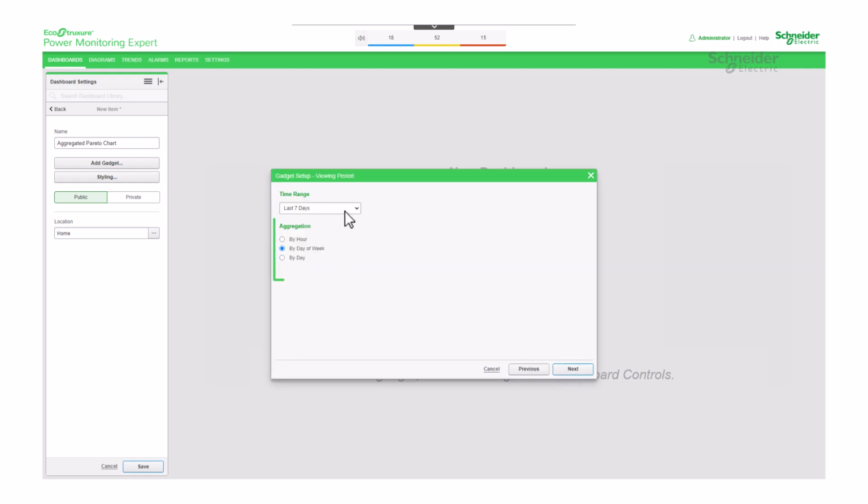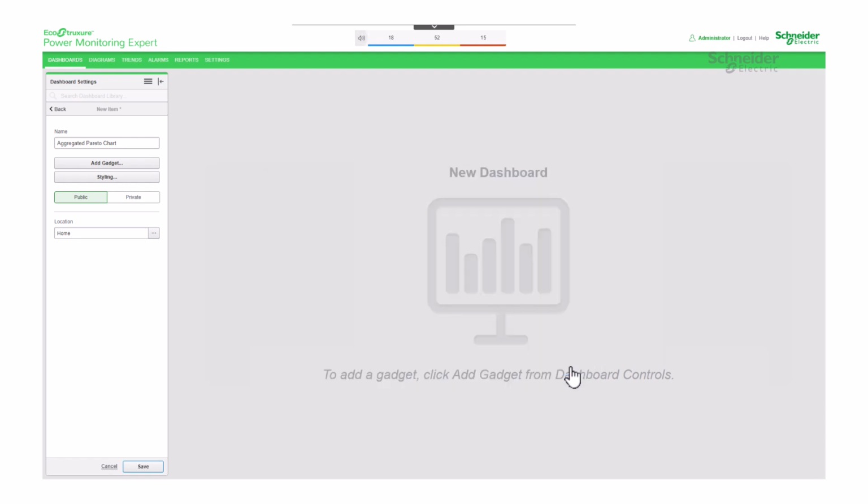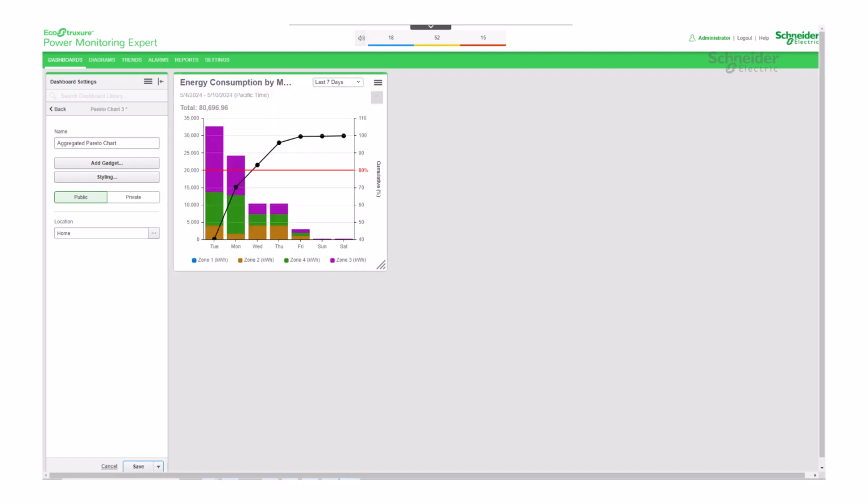At this stage, you will encounter an additional parameter to configure, which is the aggregation. This aspect is crucial for visualizing your gadget, as it determines how each bar will be configured.